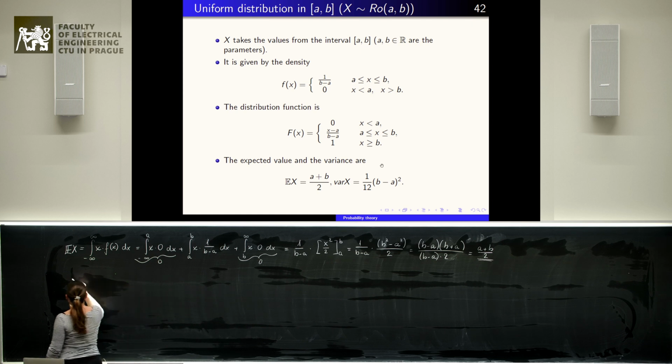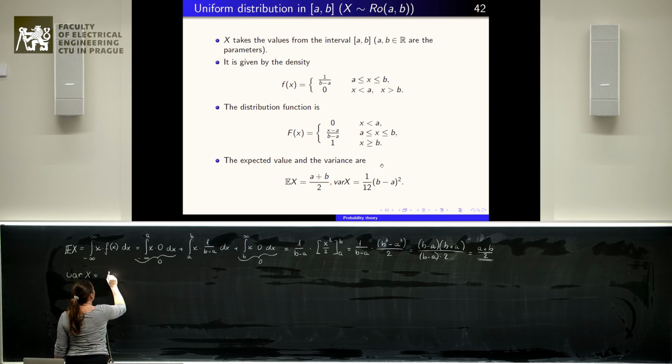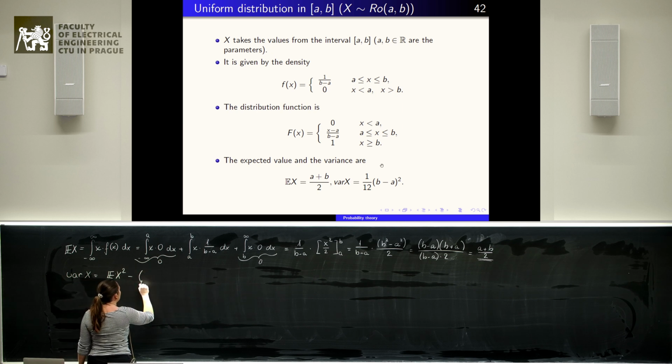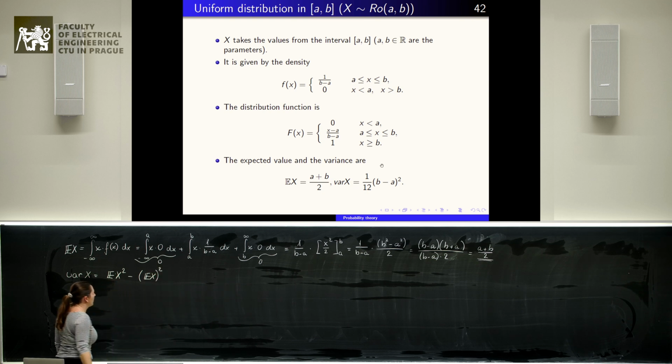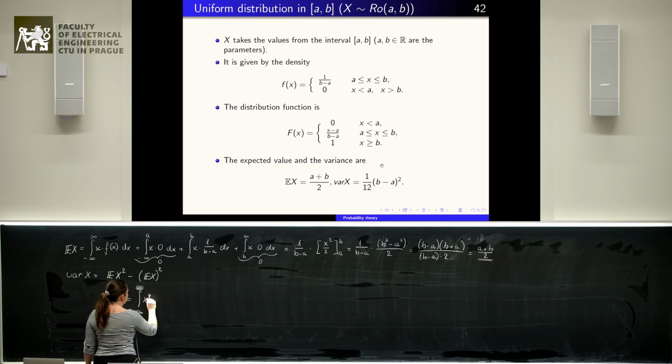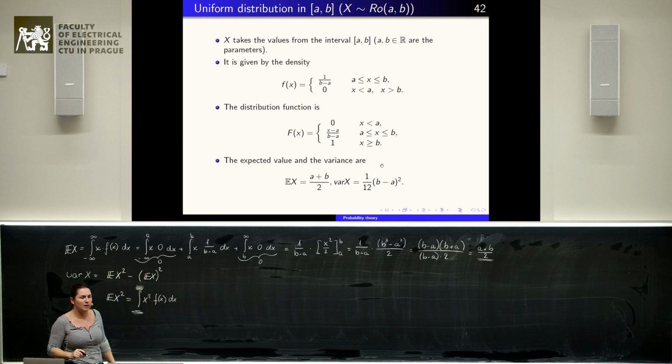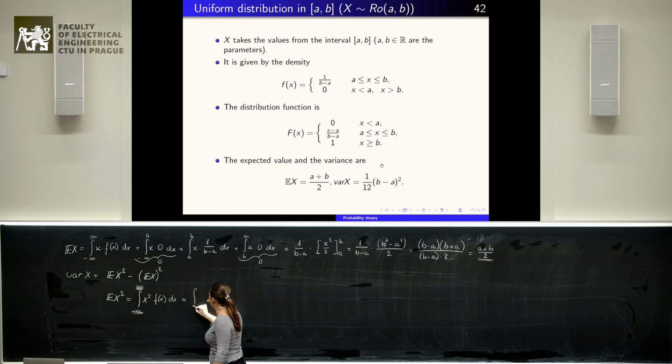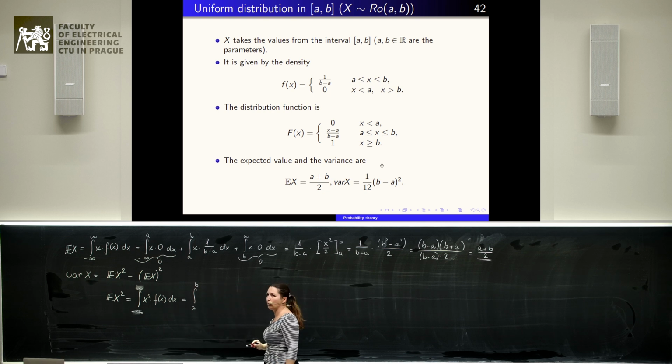And what about the variance? So we'll again use the formula saying that the variance can be calculated as the expected value of x squared minus the square of the expected value. So we need to calculate the expected value of x squared. The expected value of x squared is equal to the integral, in general, from -infinity to +infinity of x squared times the density dx, and similarly as above, we will get the integral from a to b in our case